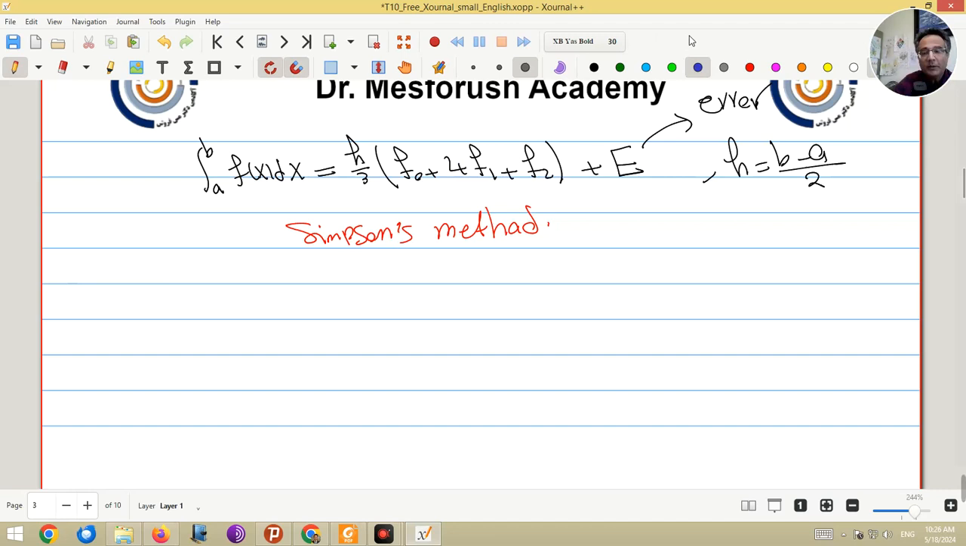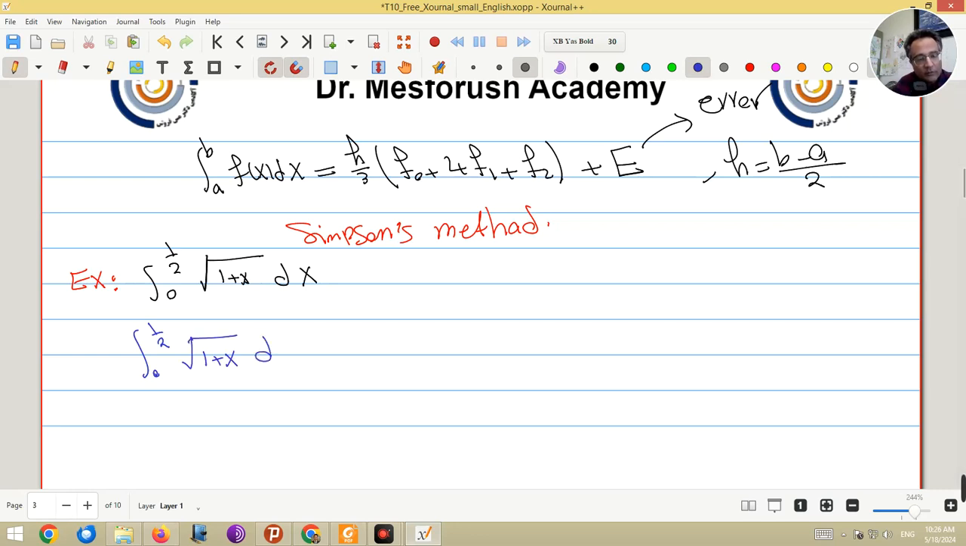Okay, let me write an example. What do we want? I want to compute the integral from 0 to half of square root of 1 plus x dx. Okay, we know that the exact value of the integral from 0 to half